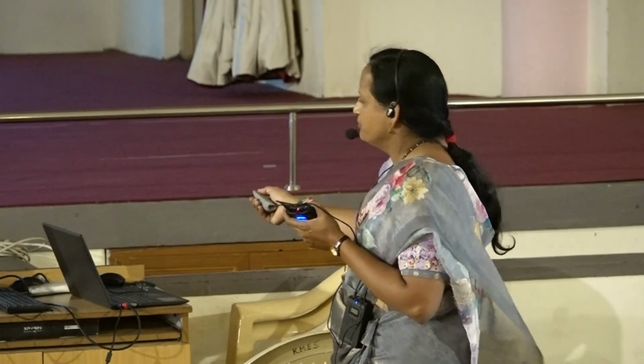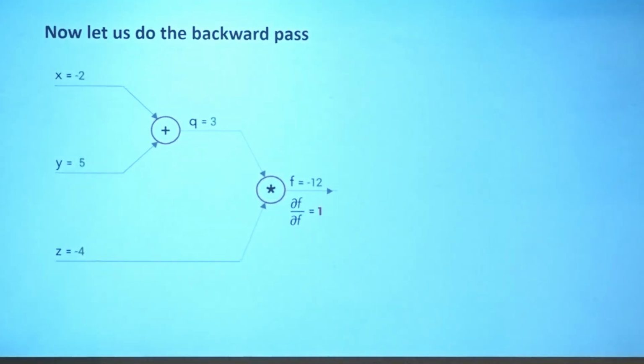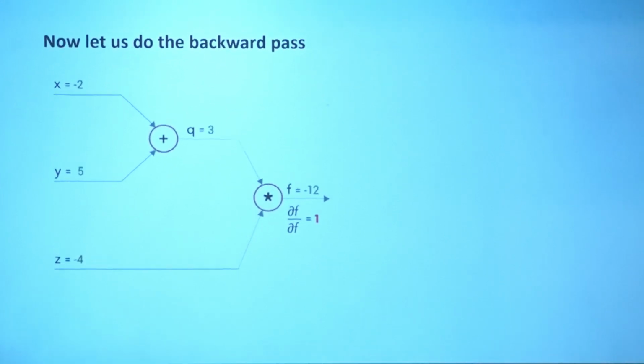Now let us focus on the backward pass. What will happen in the backward pass? In the backward pass, starting from the right, we need to propagate the derivatives back to the initial inputs. At every gate we need to calculate these gradients, correct? Okay, let us see this simple thing. For simplicity, assume the differentiation of this last value f with respect to itself is 1. For simplicity only, I took this example.